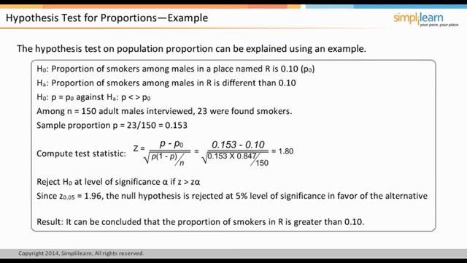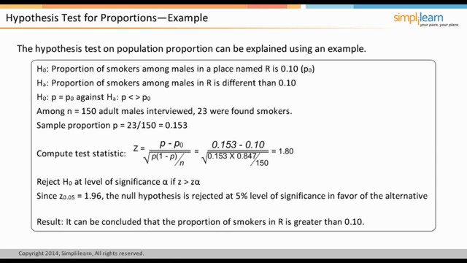You can reject the null hypothesis at level of significance alpha if z is greater than z alpha. For 5% level of confidence, the z value should be 1.96. Since the calculated z value is more than what is required for 5% level of confidence, the null hypothesis is rejected. Hence, it can be concluded that the proportion of smokers in R